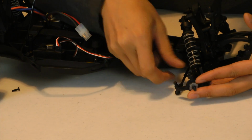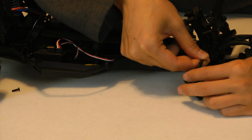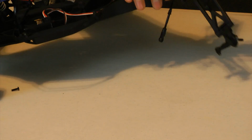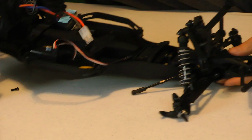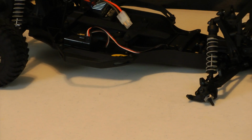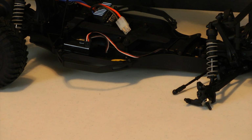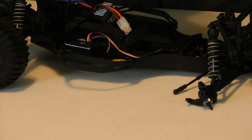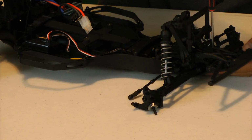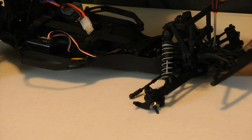Shocks would go down like this. This would go here. The other tie rod over here goes on like that, right? So we're all set. What I'm going to do now is install the bumper on. And like I mentioned, there are 4 2mm screws that hold the bumper assembly onto the chassis or the front assembly here. So I'm just going to put that one in,